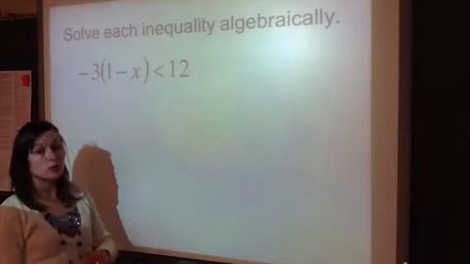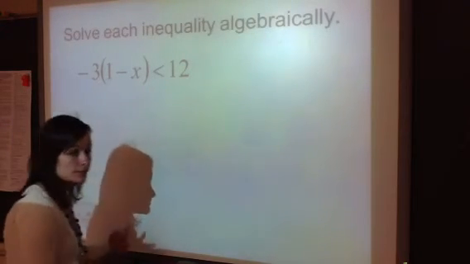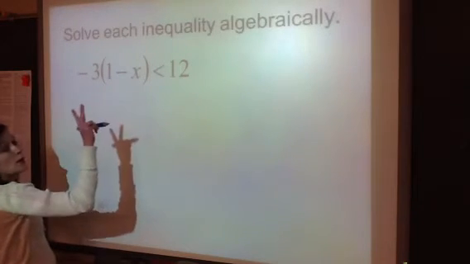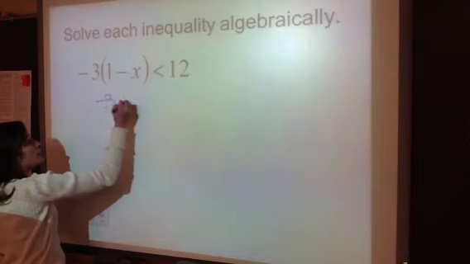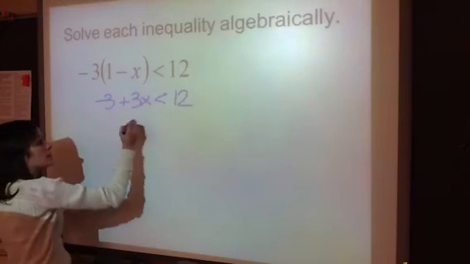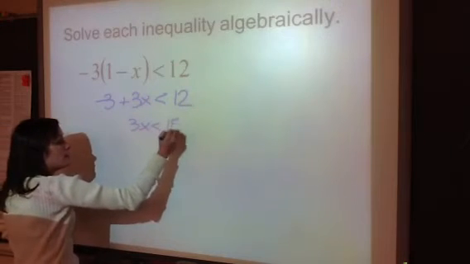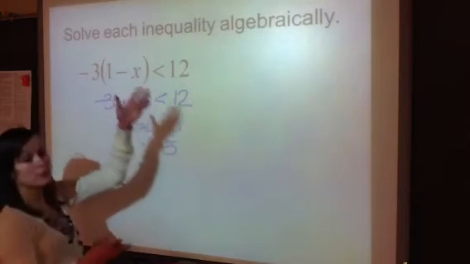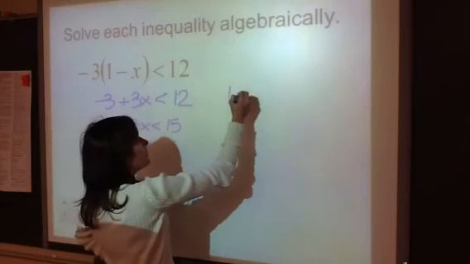All right, see if you can do this one on your own. Pause the video, start it back up. All right, so there's two options. You can distribute that negative 3. So add 3, divide by 3. Or, if you want to divide by the negative 3 first, you would have 1 minus x